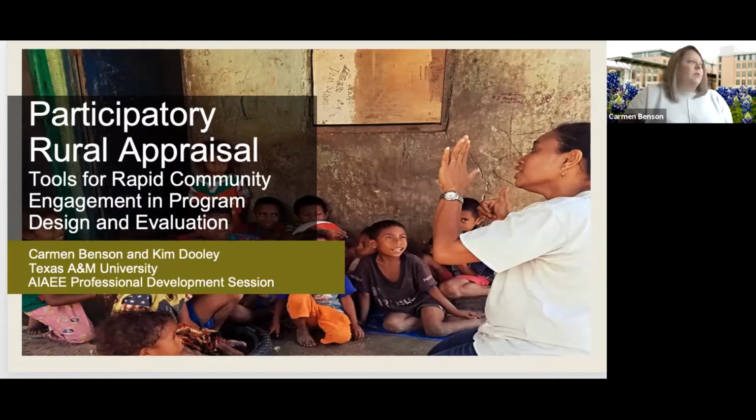And so today we wanted to share a few tools that we've used for participatory rural appraisal, and also hear from others in the room that maybe have used PRA or have questions about PRA. And then as time allows, and given that we're at a distance, we will demonstrate a couple of PRA techniques